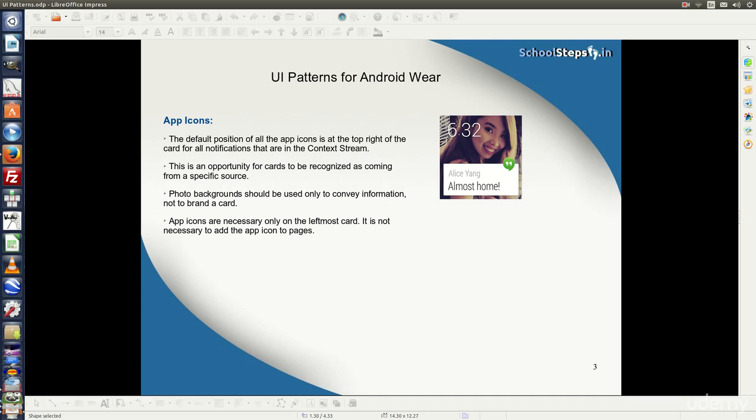Next one is the application icons. The default position of all the application icons is at the top right of the card. For all the notifications that are in the context stream, you can see the icon here in the green color. This is an opportunity for the cards to be recognized as coming from a specific source. Photo background should be used only to convey the information and not to brand a card. Application icons are necessary. Only on the leftmost card it is not necessary to add the application icon to the